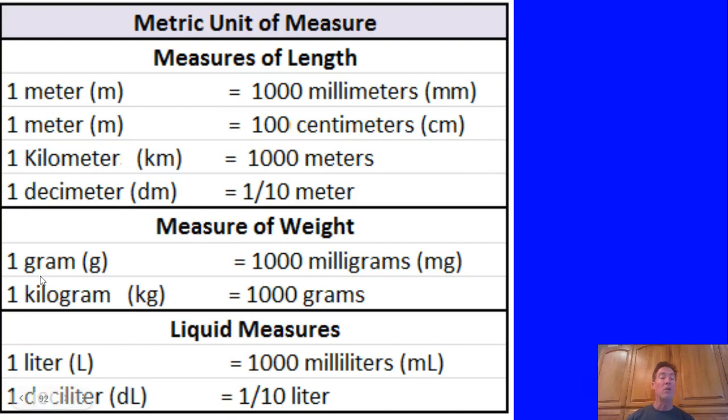When we talk about weight, the units we're going to use are the gram. And in chemistry, we use the gram a lot more than the kilogram. Kilogram is 2.2 pounds. That's a lot of material to use in an experiment. So we typically will use things in the gram range, which is 1,000th of a kilogram. And 1,000th of a gram is a milligram. So you'll see grams and milligrams much more than you'll see kilograms. And when it comes to measurements, we use the liter, but more frequently we use the milliliter, the 1,000th of a liter. So these are the ones you're going to see in